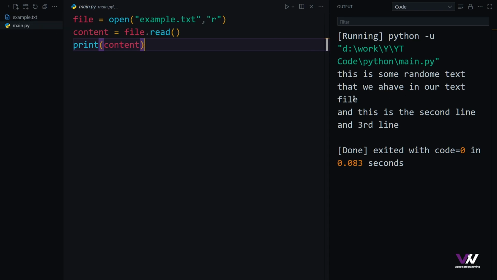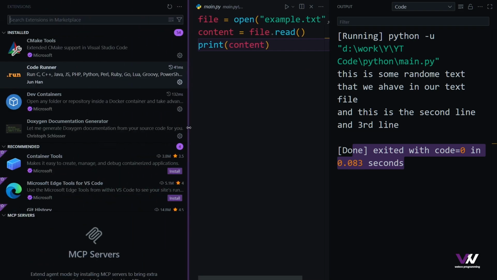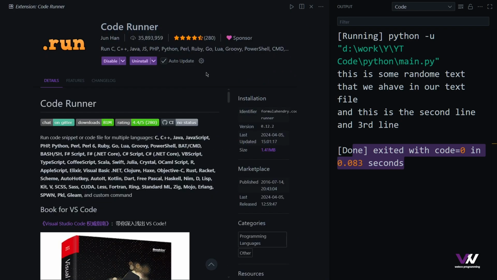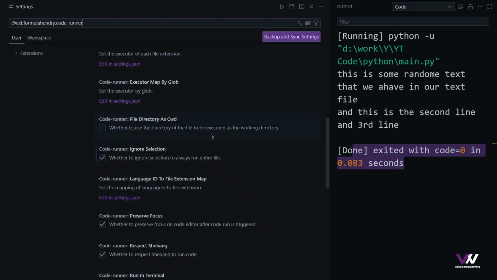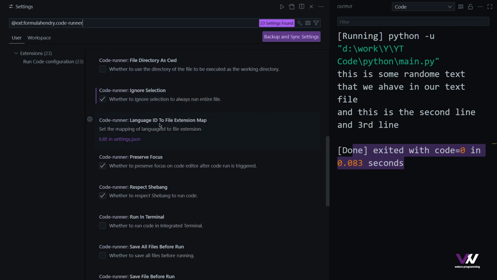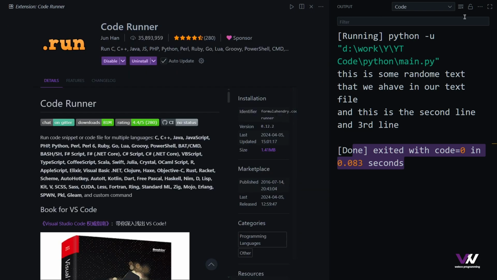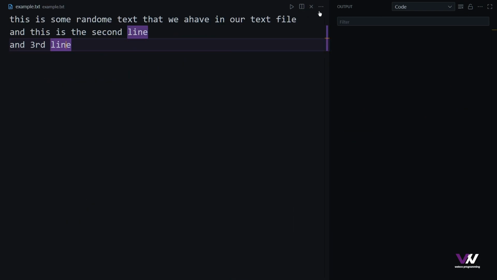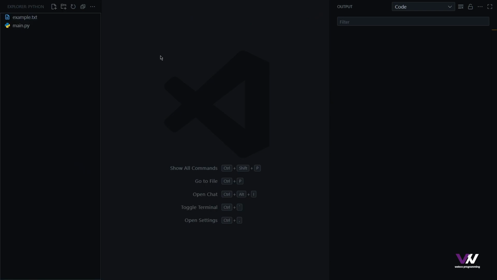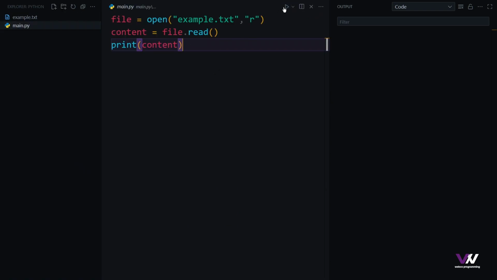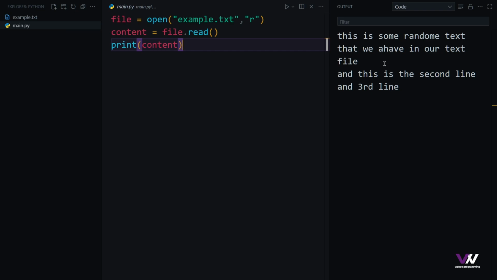printed into our output. And if you want to get rid of these extra lines and printings right here, what you can do is open your .run extension settings, and for that you can use the shortcut of Shift, Control and X. And then here you're going to find this code runner extension that we got right here. And here if you click on this icon, here you got the settings. And if you come down, you're going to see this show execution message. And if you uncheck this one, you'll no longer have those items. If we want to check, let's get rid of these items and open our Python file again. So here it is. If we run again, you can see we only got the output and not extra things